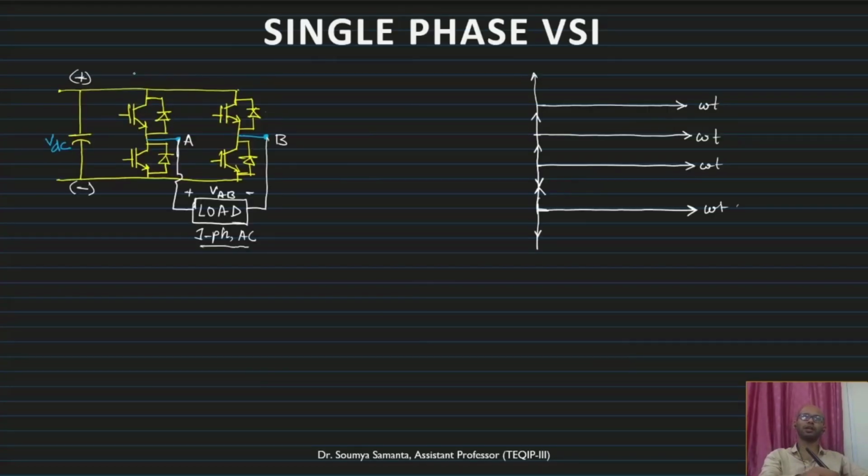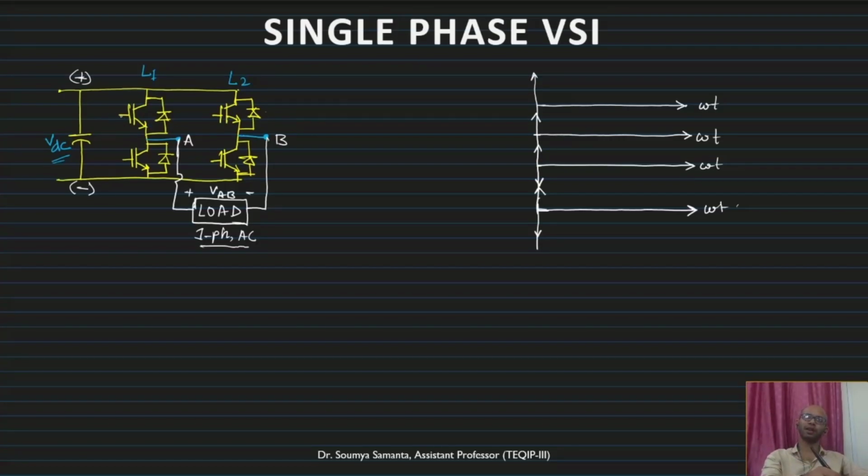Now in the last class I showed you that I applied a DC voltage, and this is the switching structure we derived from the SPDT switch. Basically this individual leg, this is one leg, this is another leg. If I mark it, this is L1 and this is L2. So this is leg 1, which is an SPDT switch, and this is leg 2, which is also an SPDT switch. How we derived this power electronic switch leg from the SPDT, I discussed in the last class.